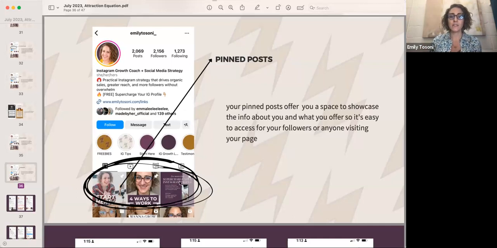What this means is that these 3 posts, and you can do up to 3 pinned posts, stay at the top of this grid all the time. No matter what else you post in your static feed, these 3 will stay at the top. So anytime you land on your profile, these are the first 3 you see, whether you posted it 2 months ago or yesterday. I recommend that you have one like I have, start here or about me, something where they can click on to learn about you.